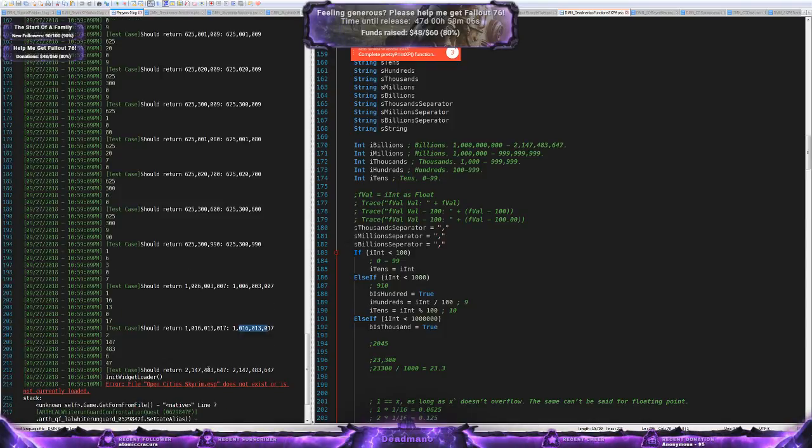So this works 100%. Look, up to 2 billion, literally the max, from 0 to